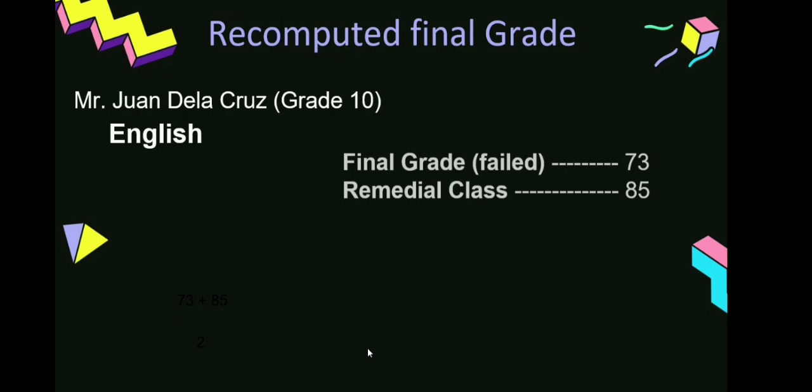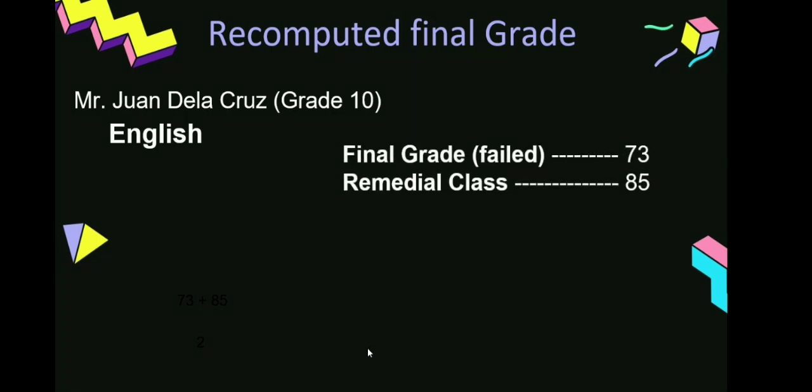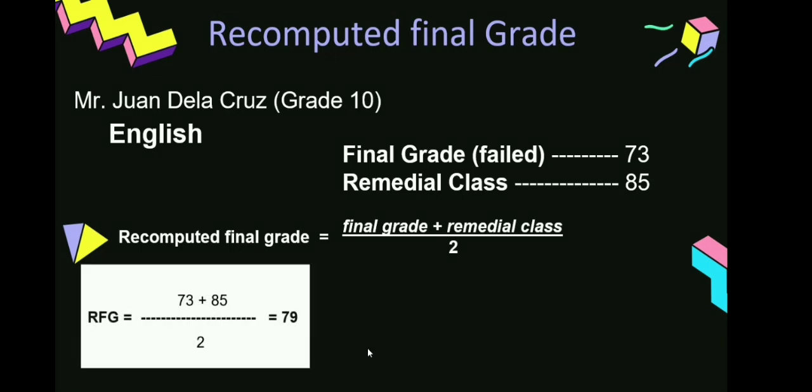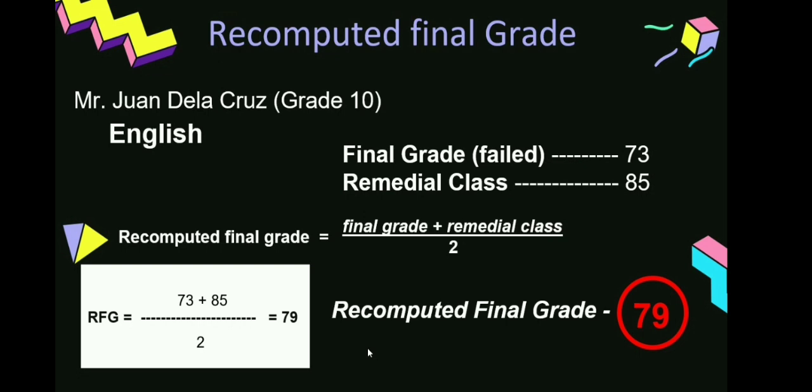In order for us to get the recomputed final grade of the learner, we are going to use the RFG formula. So the recomputed final grade is equal to final grade plus remedial class mark, divided by 2. For the computation, RFG is equal to 73 plus 85 divided by 2, which is equal to 79. Therefore, the recomputed final grade of Mr. De La Cruz will be 79, and that is now the new final grade of the student in the English subject. And the same process will be utilized if the learner had a failing grade in any subject and took